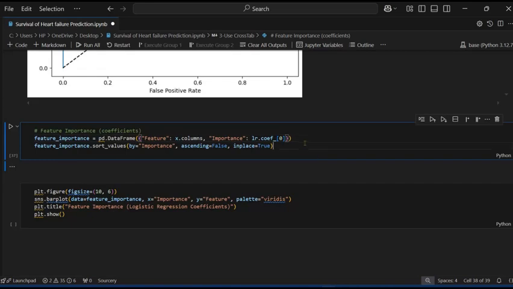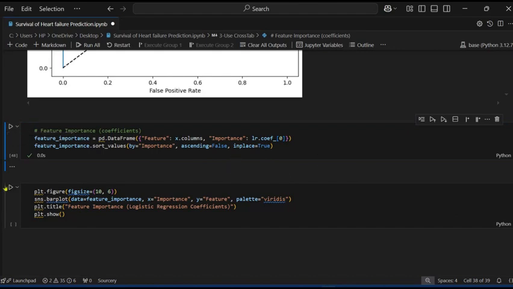It can be a variable, it can be a number or decimal, or maybe a fraction or real number also. So second, feature_importance.sort_values, where I give by equal importance, and ascending is False, and inplace equal True.